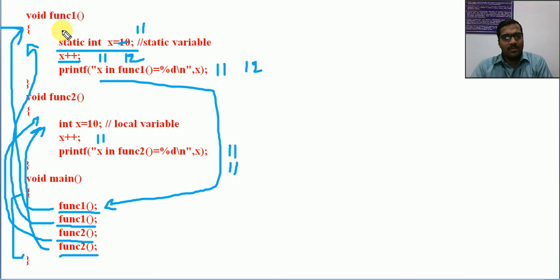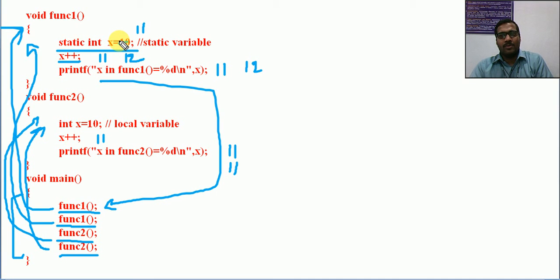For a static variable, even after going out of this function, the static variable value is retained. Next time when we are using the same variable within the same function or somewhere else, the last updated value of that static variable can be taken.